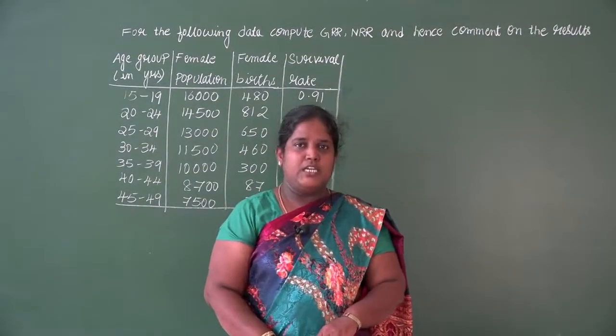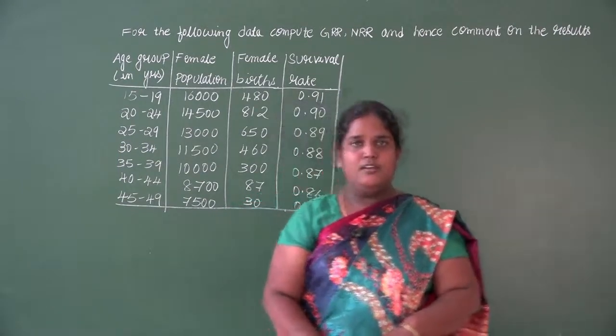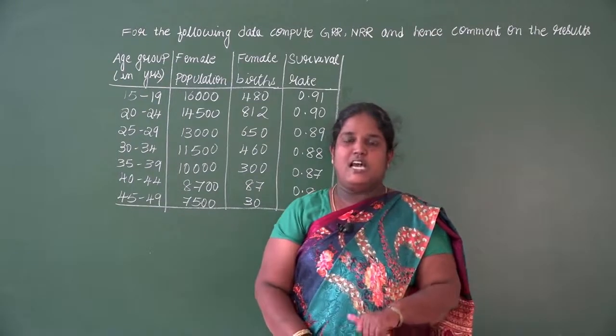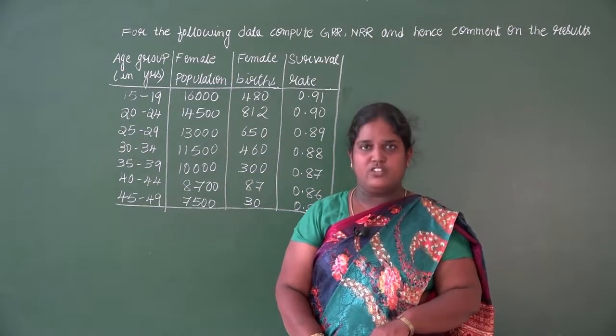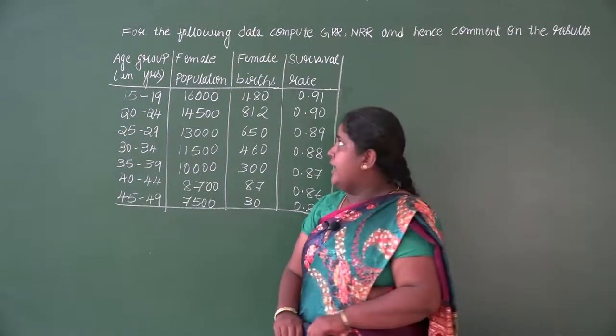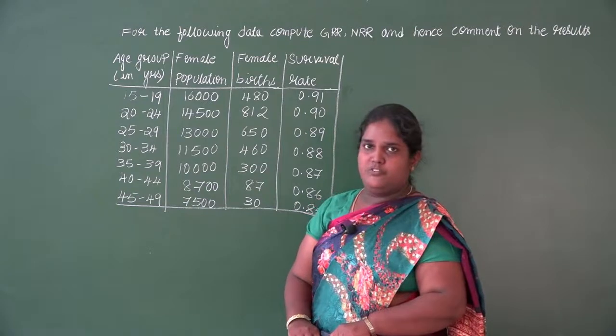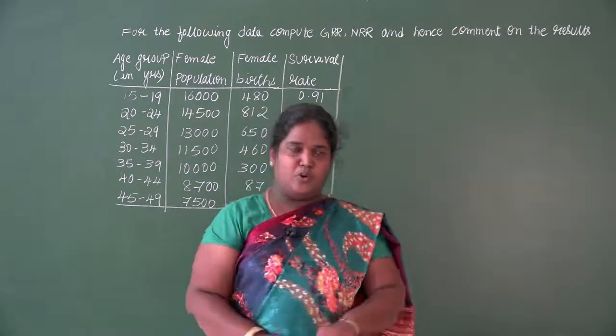Today we will be studying regarding the 10 marks. In the previous class itself I had said to you that net reproduction rate, if it is asked individually, will be for 5 marks, and if they include both the reproduction rates, that is GRR, gross reproduction rate, and the net reproduction rate, it will be for 10 marks. So in today's session we will be learning about the 10 marks problem.